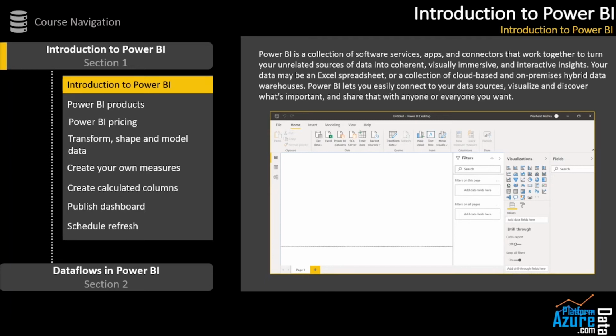The definition is very simple, and if you go through it you'll understand that it's giving you an understanding of how you can derive insight from the data. Basically here you can bring your data to Power BI and derive some insight out of that data, and this is called self-service BI.